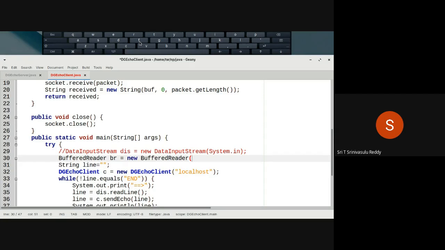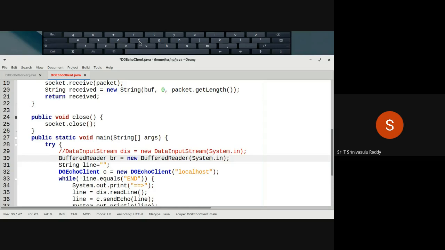We can't directly give System.in because it doesn't take it like that. Let us see the problem here. There are different kinds of streams, input stream and output stream. That is the old style, where an array of bytes continuously flows in. Reader and writer classes are more useful with respect to text data, text input, like ASCII or other types of normal text.